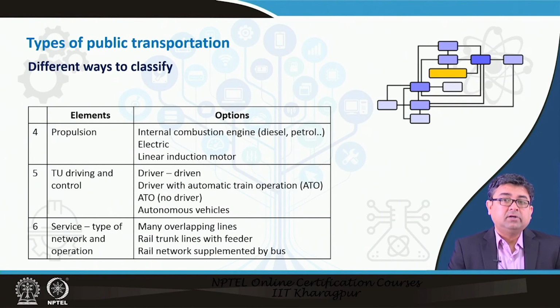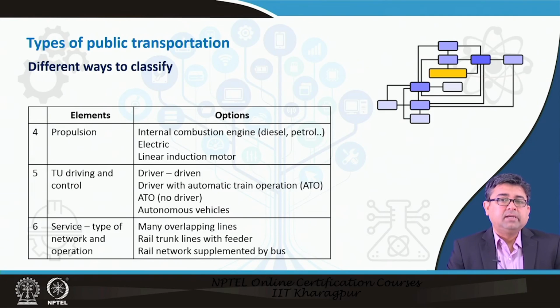Transit unit driving and control: it may be driver driven. You already know that there are a lot of light rails or metro rails that are automatic train operation. So, they do not have any driver, and the vehicles run automatically on the rails. And now, of course, there are autonomous vehicles that are also coming up. And then the other type of